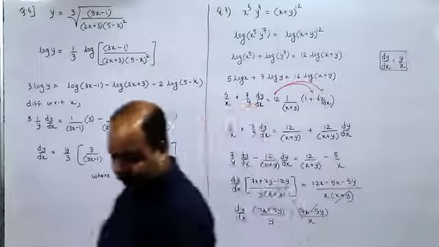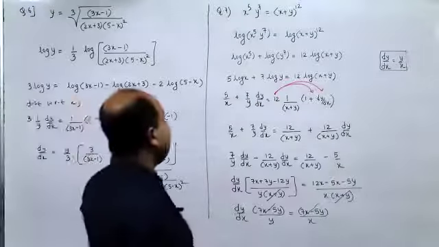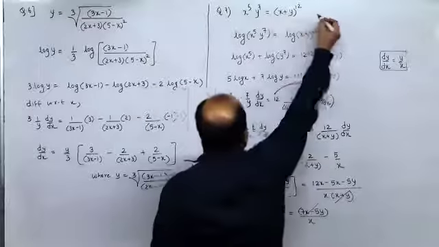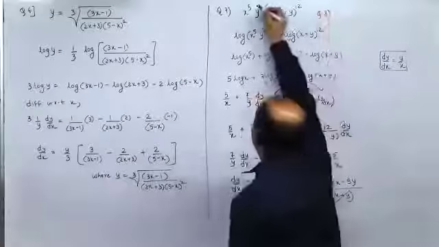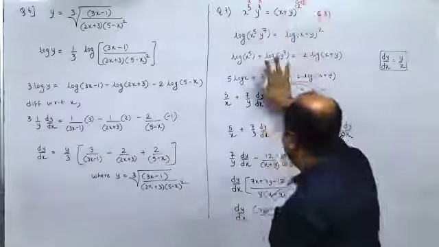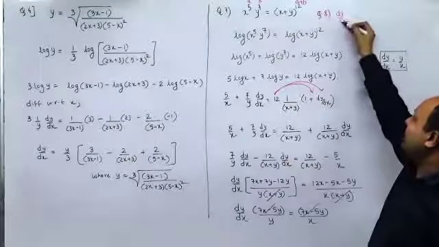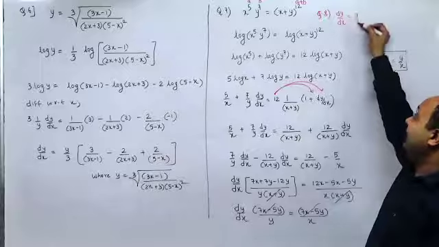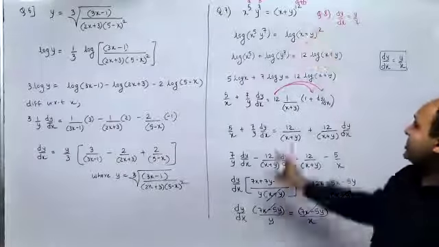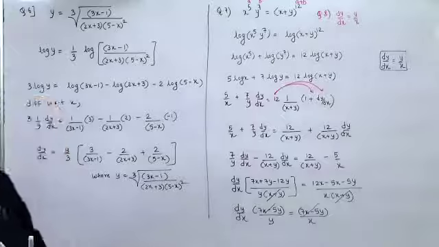Simple. Similarly, the eighth question is exactly the same except that you repeat. Question number 8. If you observe, you write here A, this is B, this is A plus B. Same steps you follow, you will get the answer as dy by dx equal to y by x. I am not doing it. You repeat the same steps, just replace 5 with A and 7 with B.